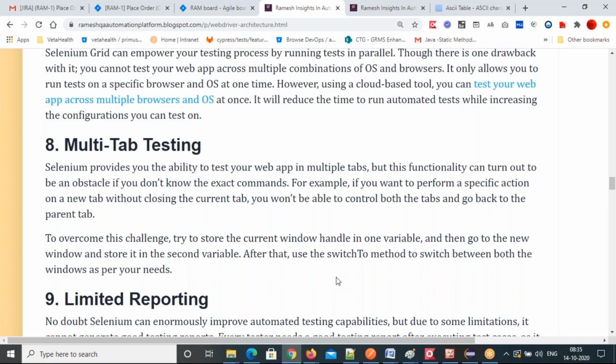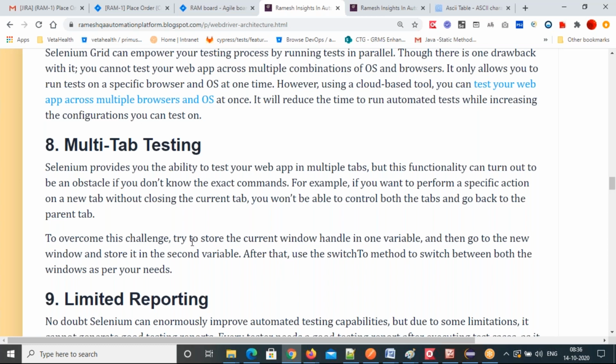You should have a proper understanding of how to move from one tab to another, and how to open a new tab without closing the current tab. Otherwise, it's going to be a problem again, right? So that's multi-tab testing.